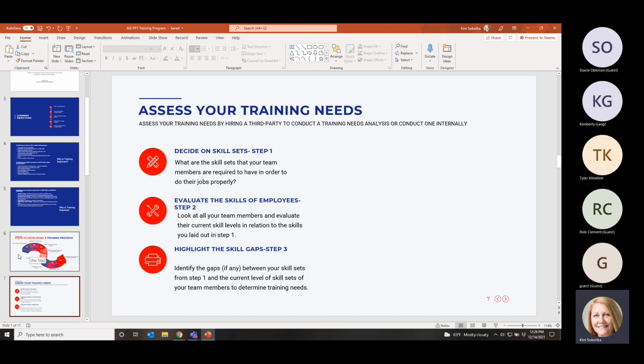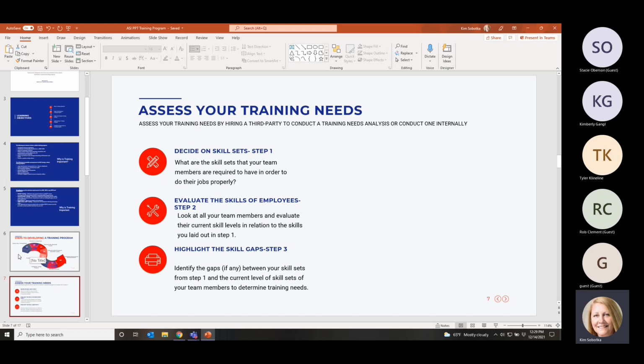And I like to bring that in because I know with a lot of smaller companies, they will use administrative people to help maintain some of the documents that are involved, because the HACCP coordinator sometimes is the internal auditor who's the practitioner, and you've got people wearing multiple hats. So decide on what those skill sets are, and then determine what they have to have in order to do their jobs properly. Evaluate the skills of your employees.